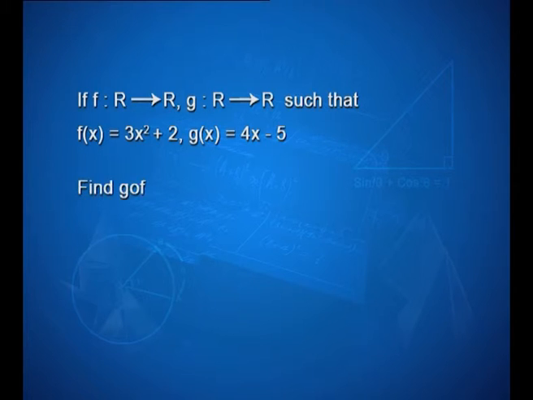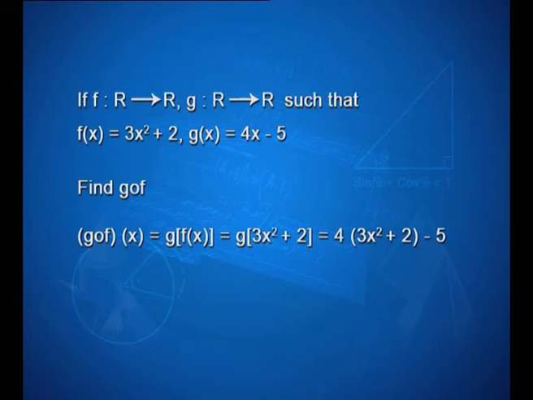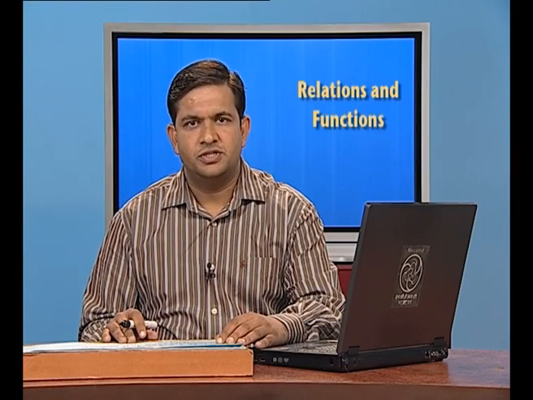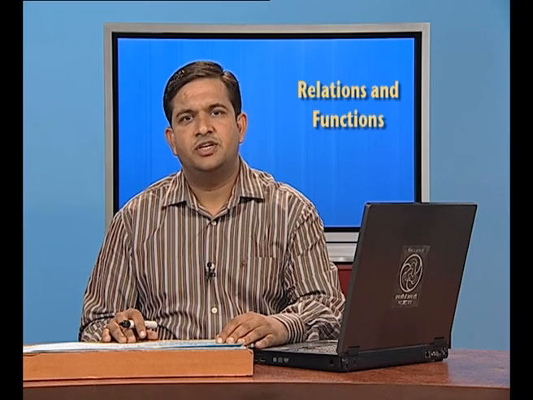We can also find g o f for this same function. (g o f)(x) is given by g of f(x), which is equal to g of (3x square plus 2), which is equal to 4 times (3x square plus 2) minus 5. On simplification, this comes out equal to 12x square plus 3. So, now we can say f o g is not equal to g o f, meaning f o g is not always equal to g o f. In this lecture, we studied different types of functions, that is injective function, surjective function and